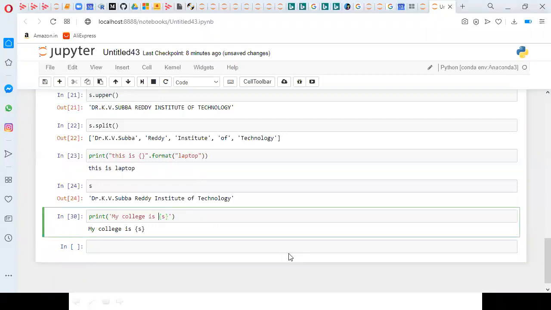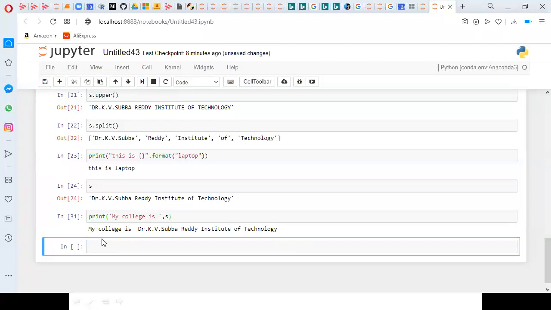So others we can go with string concatenation.